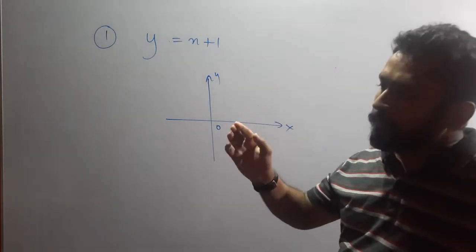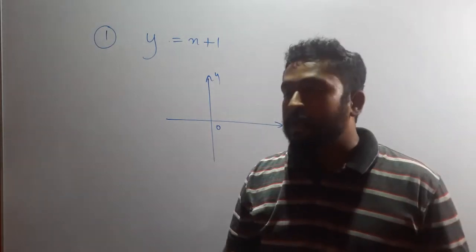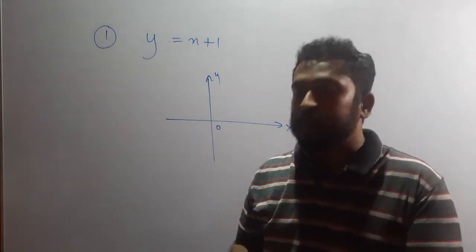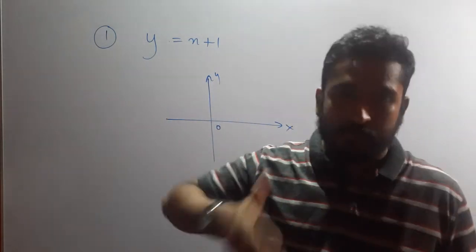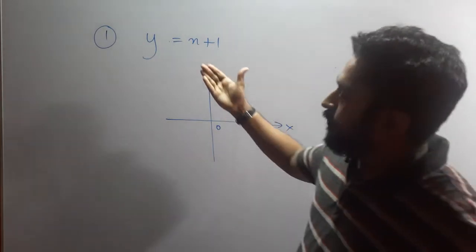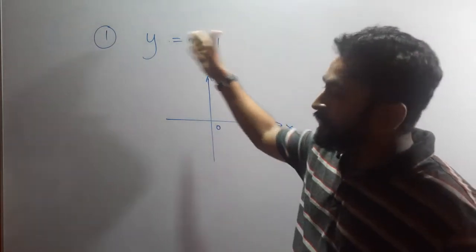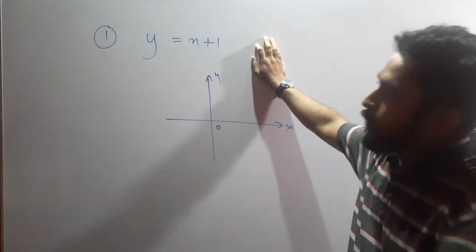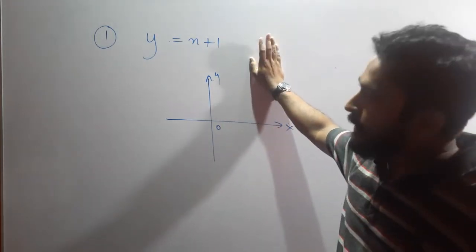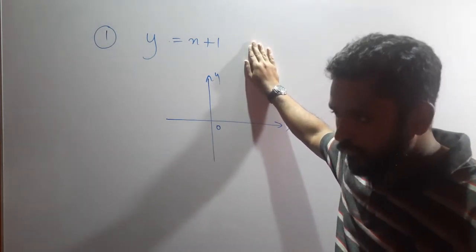Anyway, you can choose 2 coordinates. A coordinate is a couple of values for x and y respectively, in order. So let's say I give 1 for x, then y is 2, one coordinate. I give 3 for x and y is 4, another coordinate. I can give any 2 values for x to get the respective values for y. Then I can sketch.